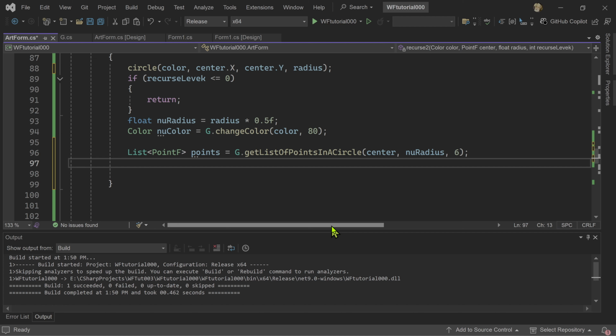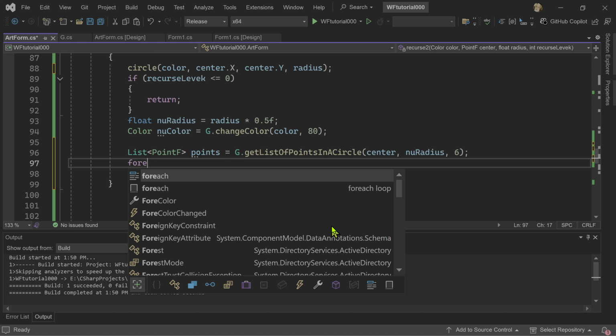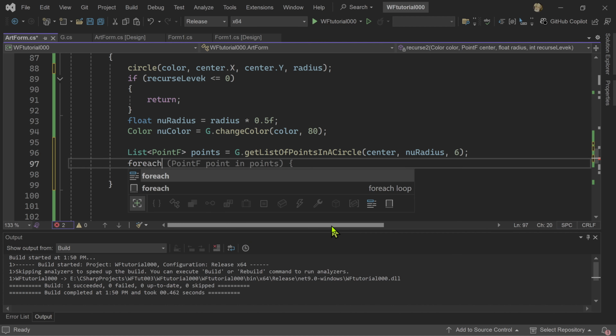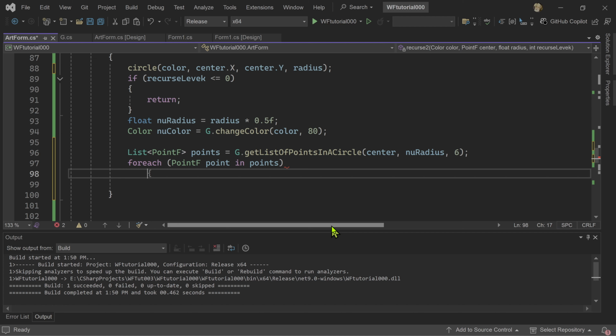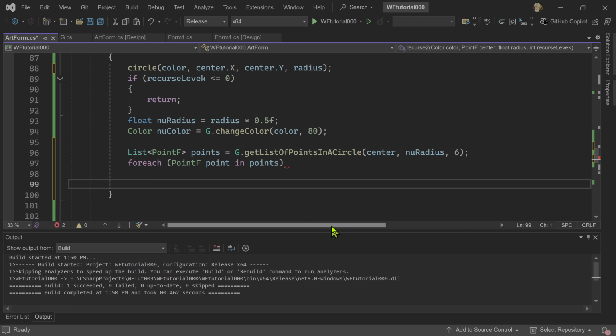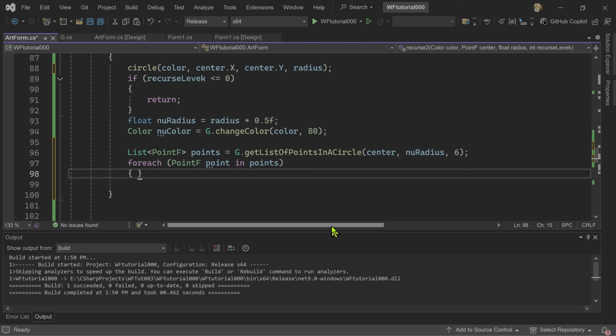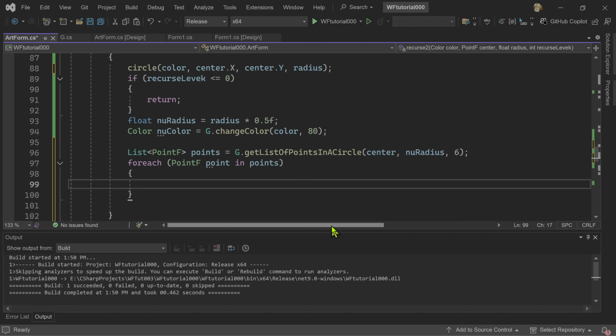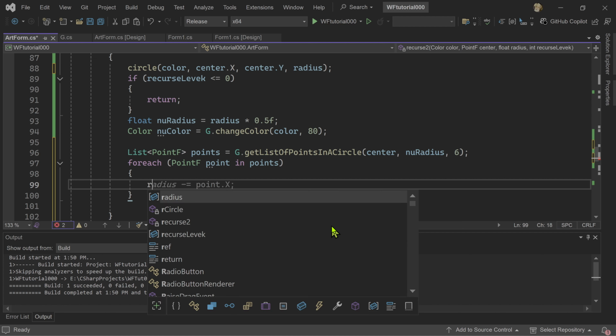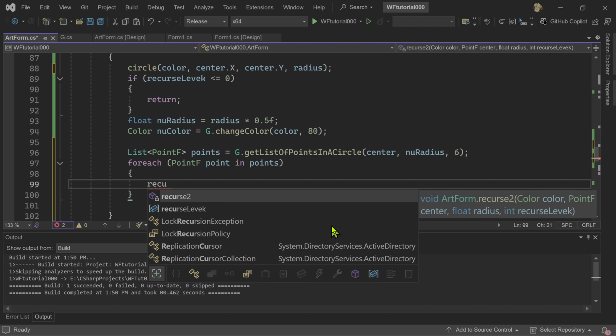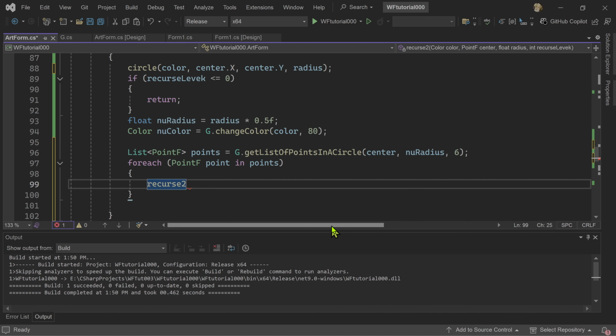Okay, so now I'm going to teach you a little bit about a loop. So for each point f in points, that's good. So it's already figured out kind of what I want. Okay, so for each point f in points, I am going to call recurse. I have to call it recurse2. So recurse2